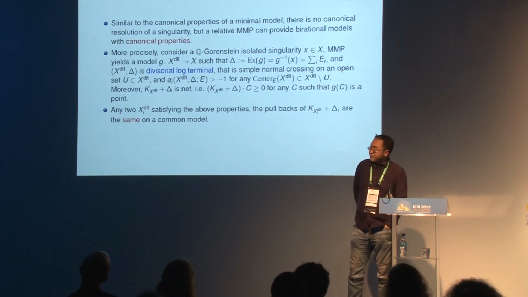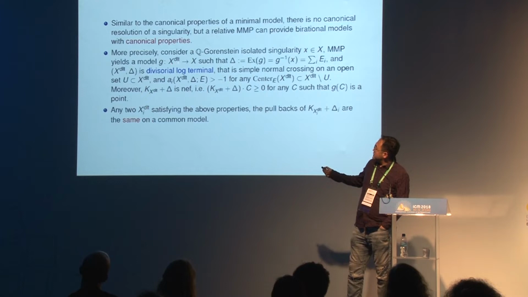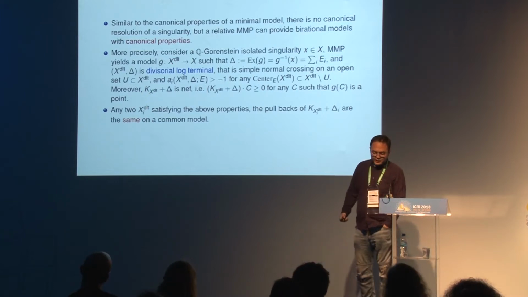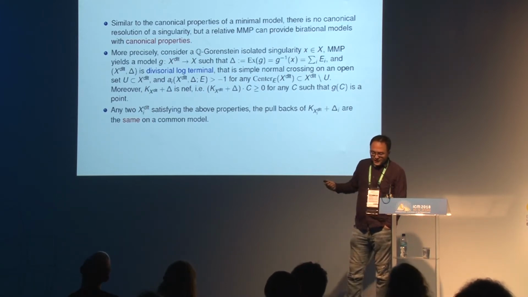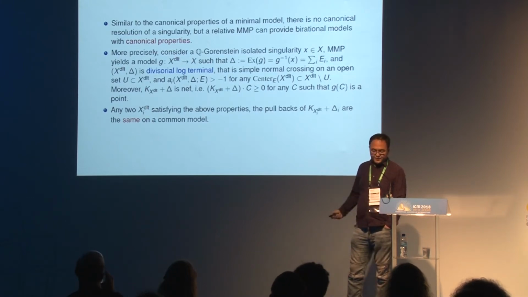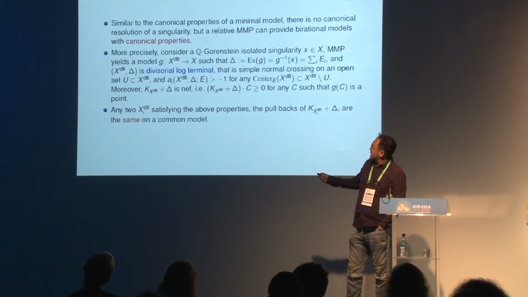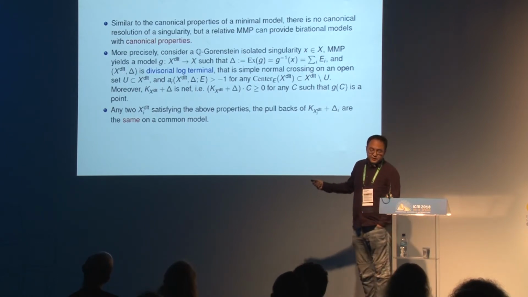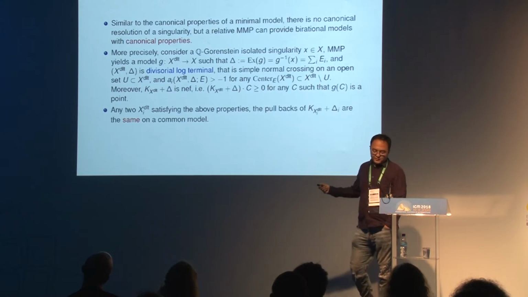And what I end up with is a model which I denote as X^{dlt}, such that if I take all the exceptional divisors of this map, this pair (X^{dlt}, Δ) is dlt, divisorially log terminal. So it's slightly weaker than Kawamata log terminal. But